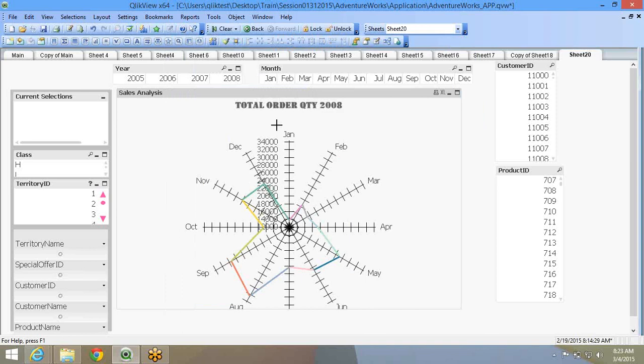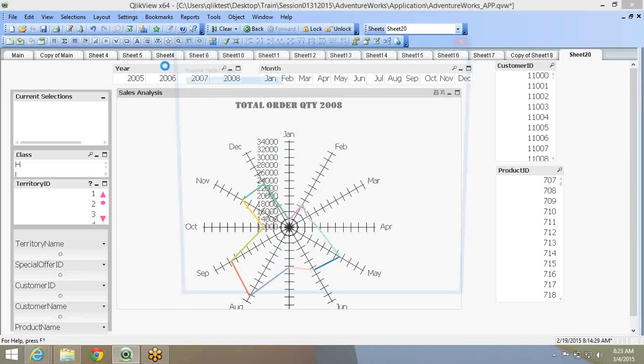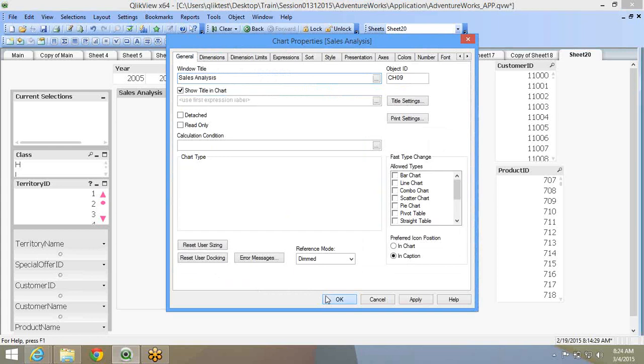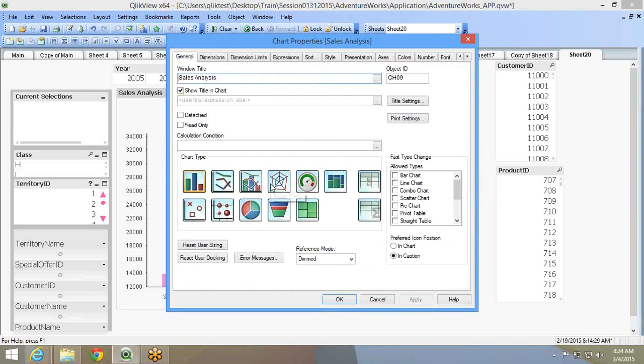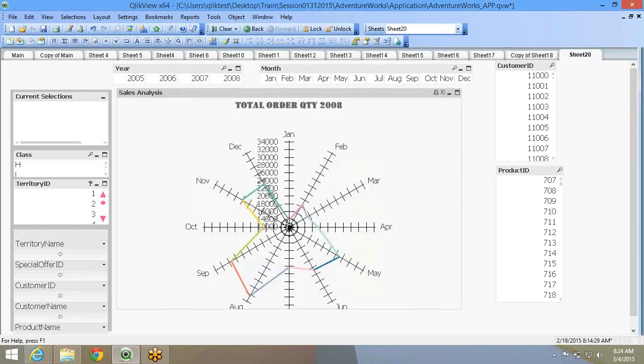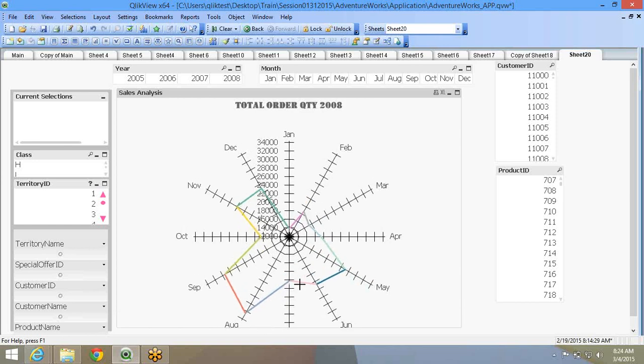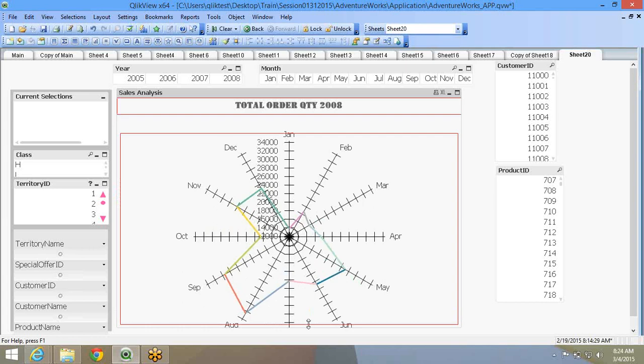Now what this does is, if I represent this as a bar chart, so let's take this first as a bar chart. It is showing the order quantity for individual months, right? So individual month, Jan, Feb to December. If I just flip this to a radar chart, what happens is the axis, right, is at the center. The zero is at the center, and the lines that you're seeing, the fins, are basically the scale. So it is from 0 to 34,000. So every line is equally sized, representing every month, representing 1 month each. Now what is the idea of this?